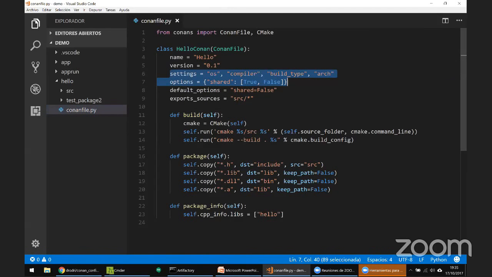Okay, then I will have the build method here. I'm going to use CMake to build the binaries for my source code. It's very simple stuff. You can find lots of information in the Conan site. Here I will package. I will get the artifacts, both the headers and the libraries, to create a final package. And this will define to my consumers that they have to link with the hello library. So this is everything I need